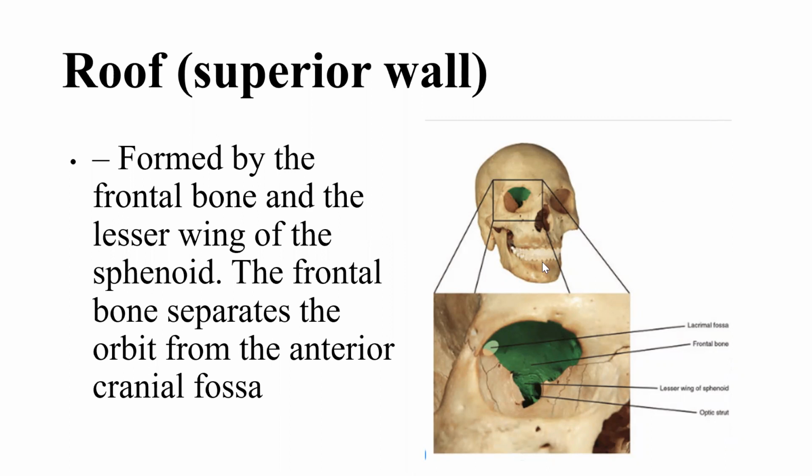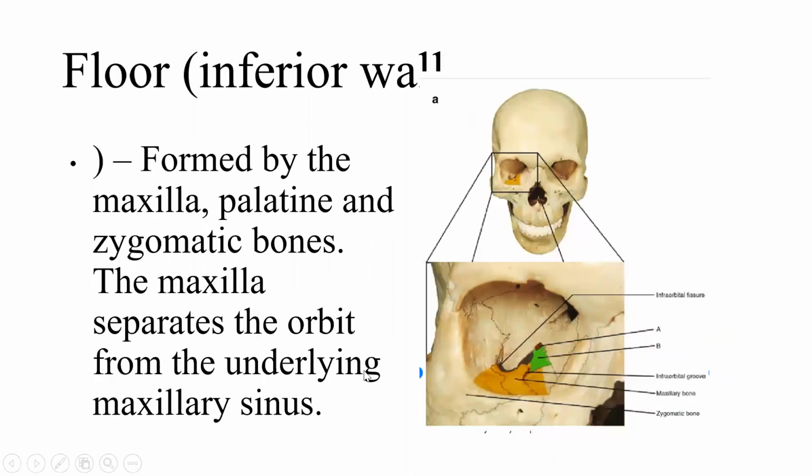I think you can appreciate it. This is the frontal bone and this is the lesser wing of sphenoid that is forming the roof. And the frontal bone separates the orbit from the anterior cranial fossa. And now this is the floor of the orbit, and it is formed by the maxilla, the palatine bone, and the zygomatic bones. You can see over here in this figure, this is the maxillary bone, this is the zygomatic bone